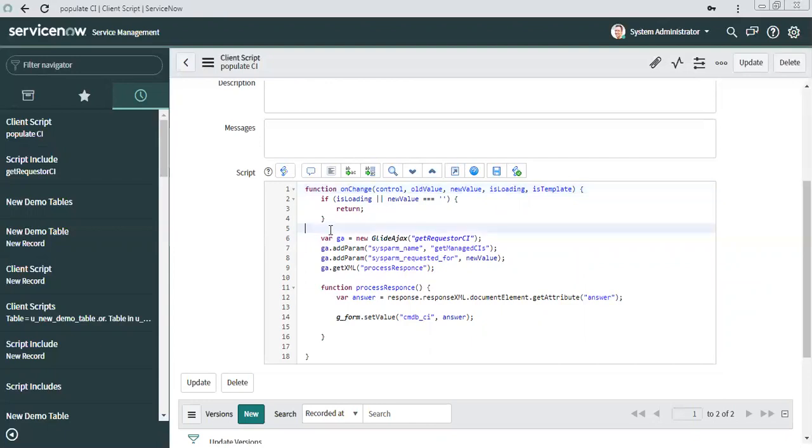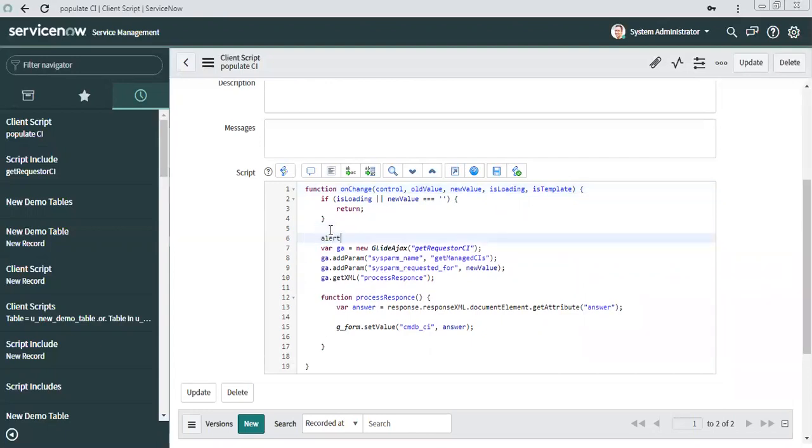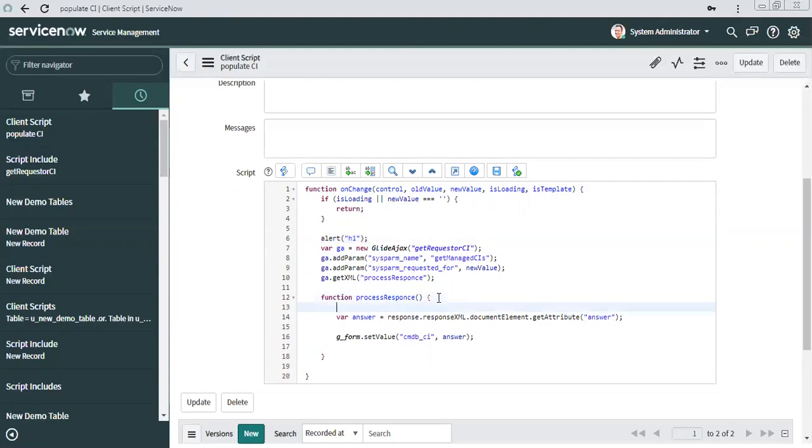And first thing, let's see if this script include is getting called. Alert, I1, and then put an alert inside this function and check if we are getting anything in answer. But if you see, that bracket is already closed before alert, because it is the if bracket.